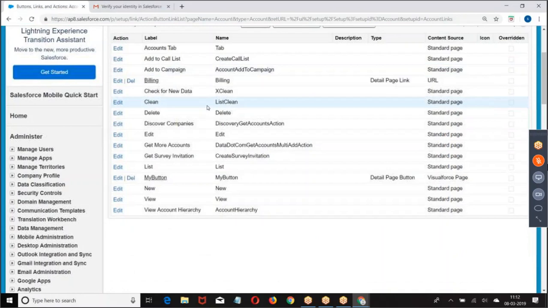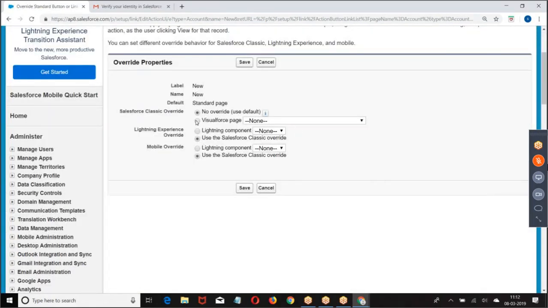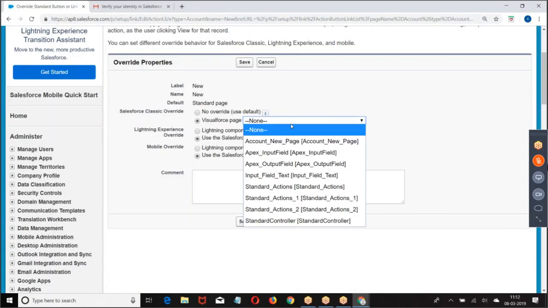Now you want to replace the new button. Click on edit. Replace with our Visualforce page. Now we have created so many pages, right? When you have created so many pages, why are we getting only these pages? If you want to create any new button on the account object, only those VF pages in which standard controller equals account can be used here.